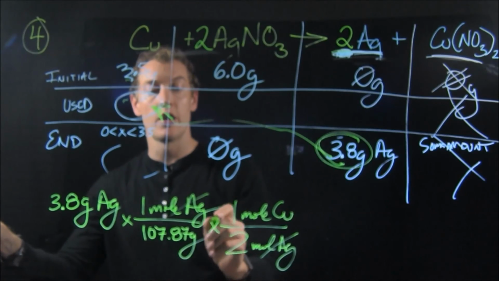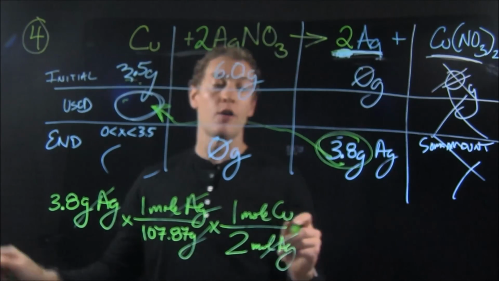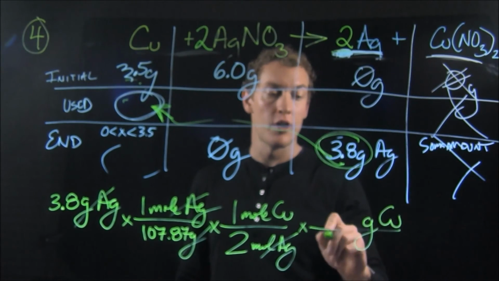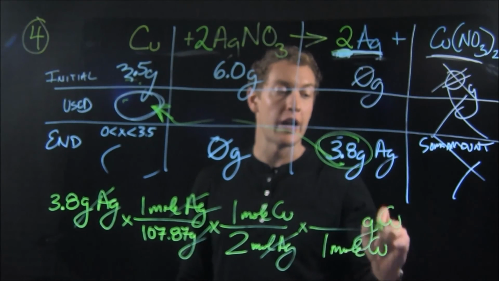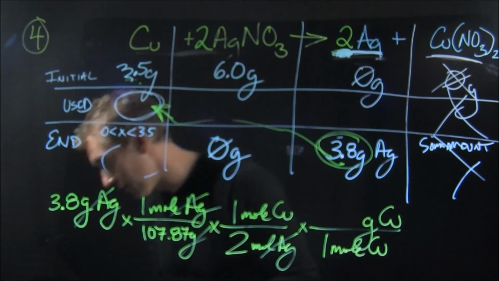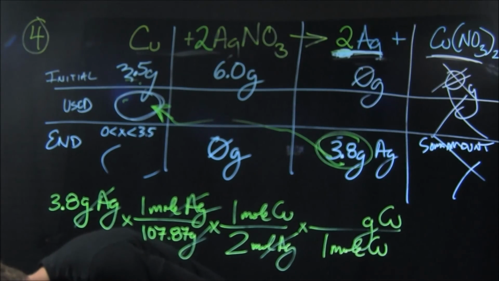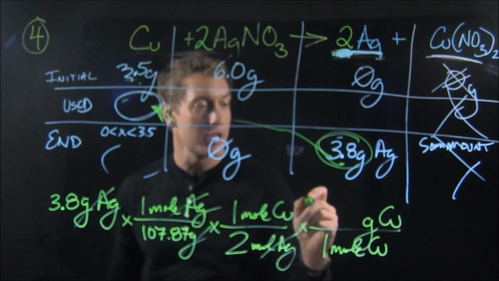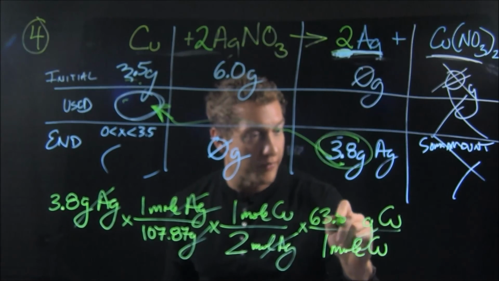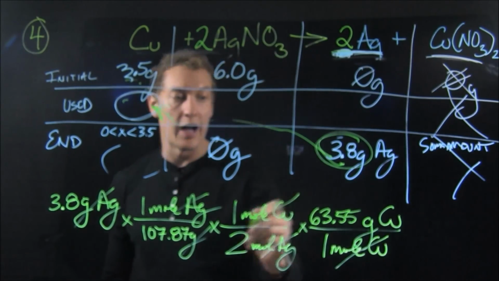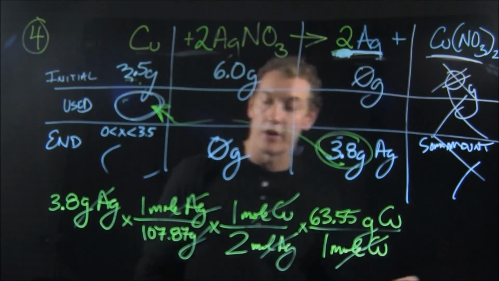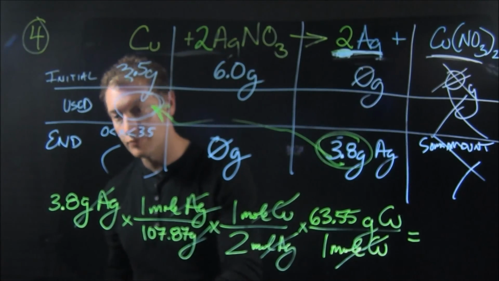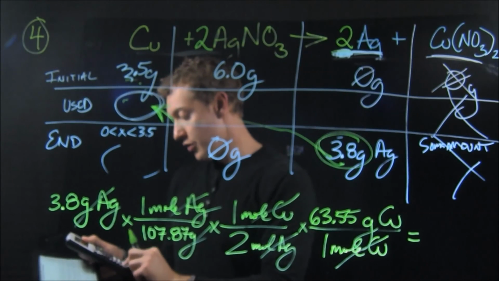Moles of silver divide away, grams of silver divide away, and now all I have to do is figure out grams of copper. So grams of copper for every 1 mole of copper, and I look on the periodic table, and copper is 63.55 grams, so we got 63.55 grams. Moles of copper divide away. Multiply across the top, divide across the bottom, and I get